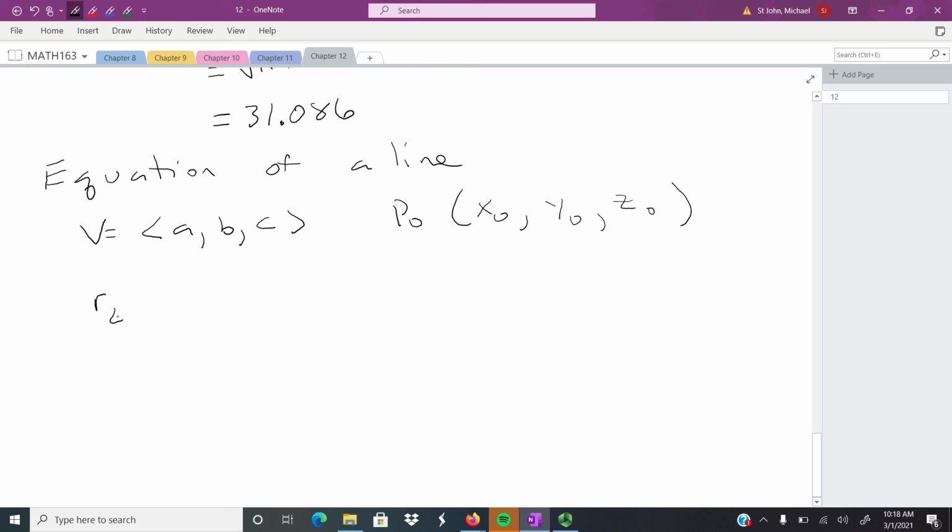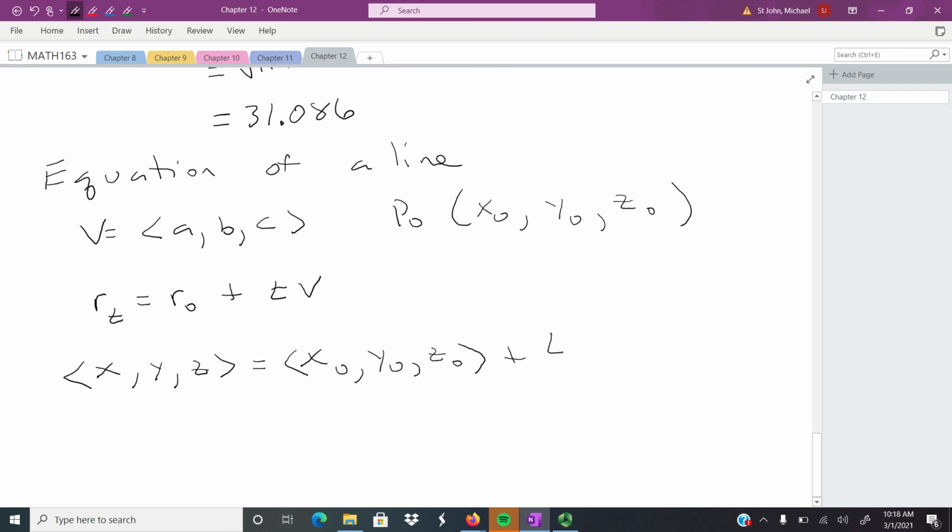So R of T is going to be R naught plus T times V. So given X, Y, Z is going to be X naught, Y naught, Z naught, plus T times